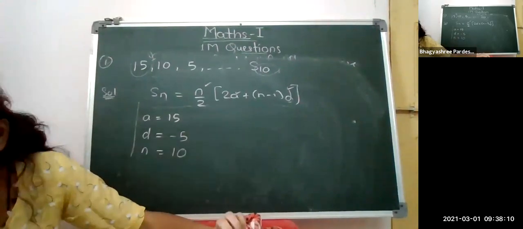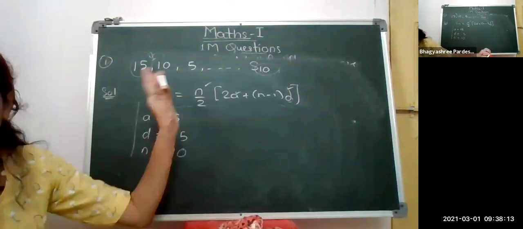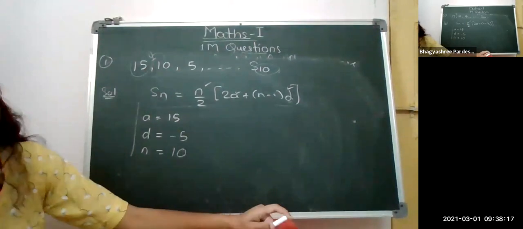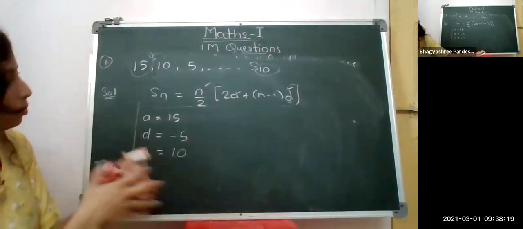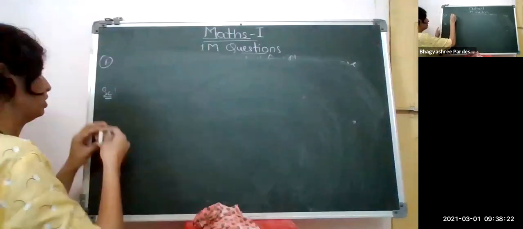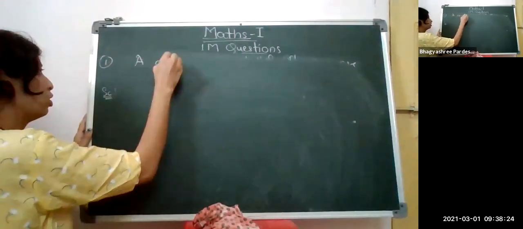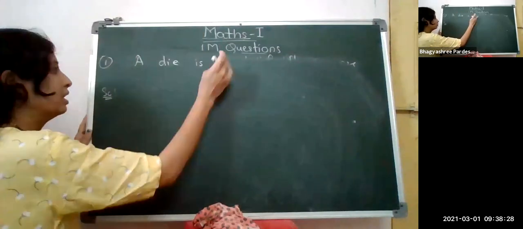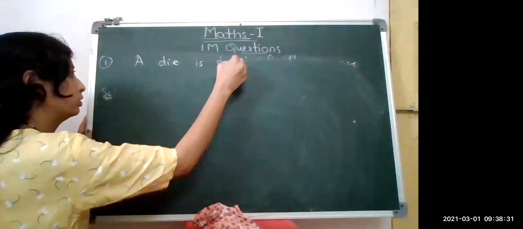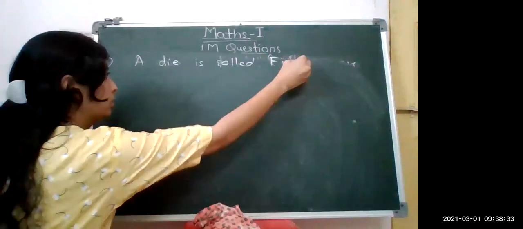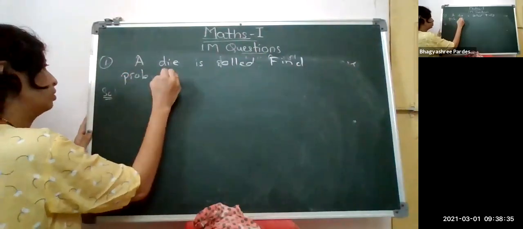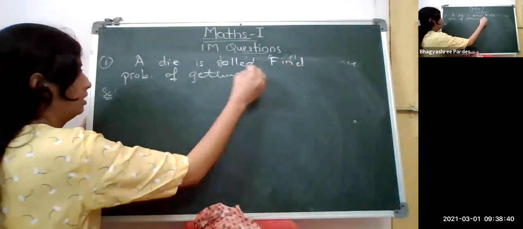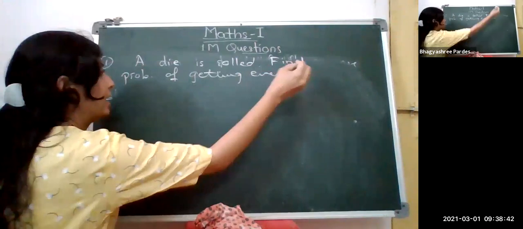Now quickly see one question from the probability. So यहाँ पे समझ में आ गया. Now probability, which type of questions can be asked here? Suppose a coin is tossed here. Sometimes a die is rolled, लेंगे हम यहाँ पे. A die is rolled. Find the probability of getting an even number. Question can be asked in MCQ also or solve also.